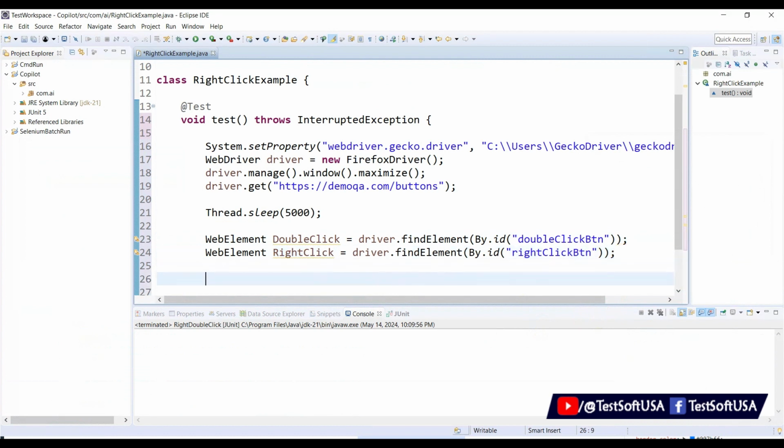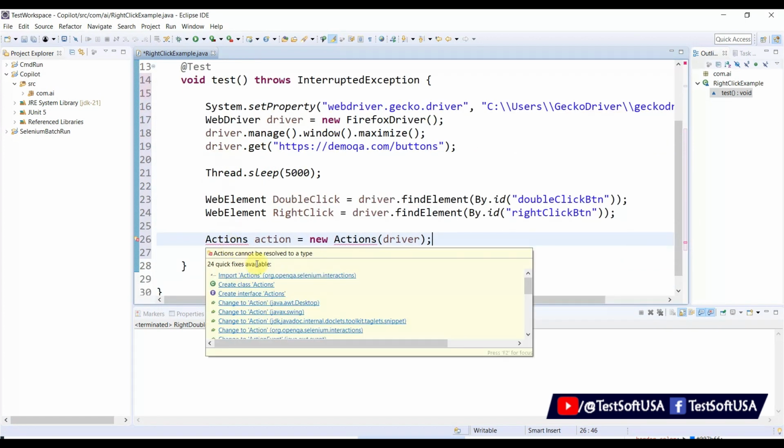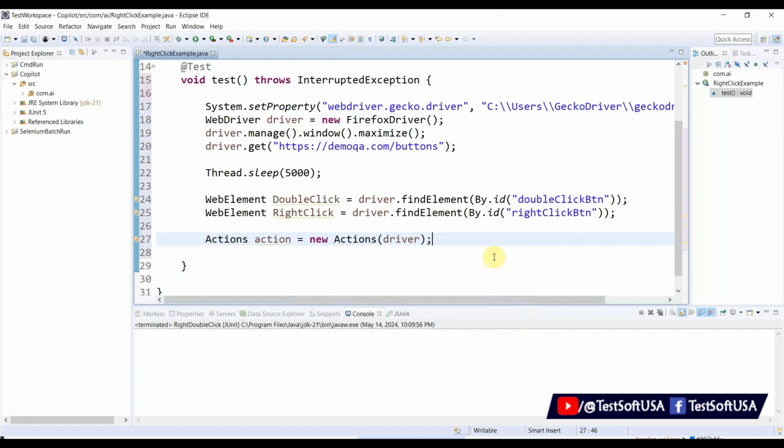So then we need to do the Actions class. Actions, action equal to new Actions, wrap with the driver. Same thing, red mark, mouse over, import the Actions package, then the red mark will be gone. Then once it is done, then action